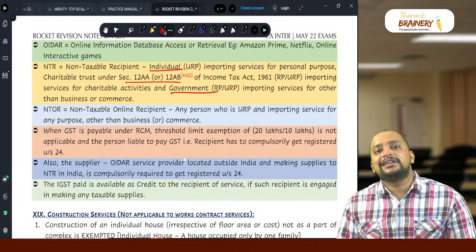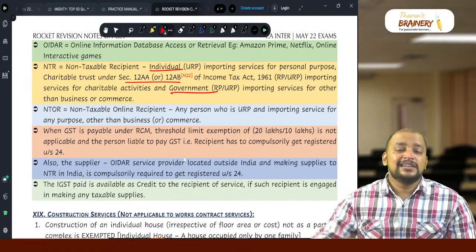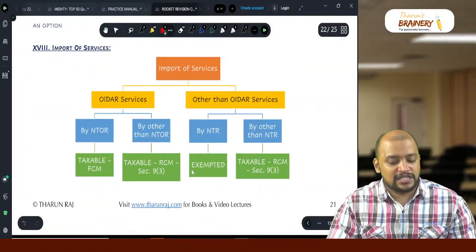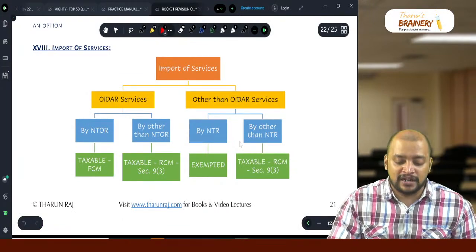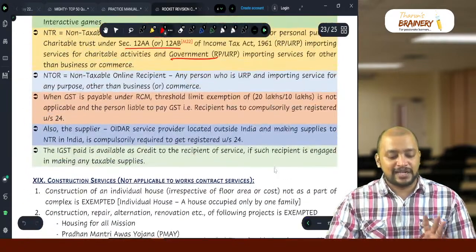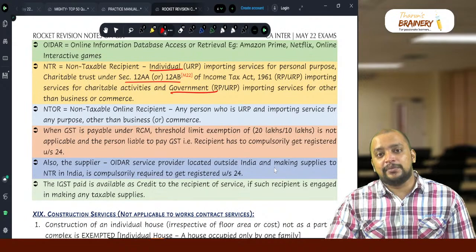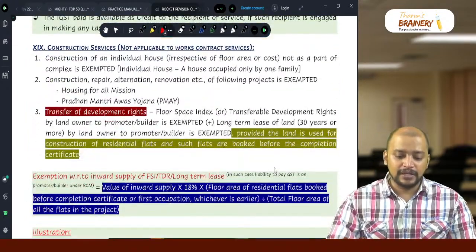Okay, so when it is a non-taxable recipient, the liability to pay GST does not arise, it is exempted. Import of services by a non-taxable recipient is exempted. Import of service by other than a non-taxable recipient will be taxable under RCM. And whenever you are liable to pay GST under RCM, you need to compulsorily get registered. Okay. Then